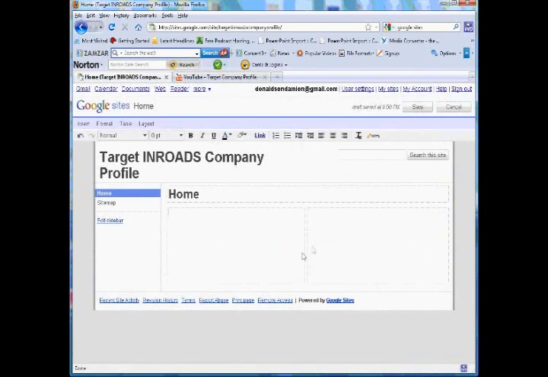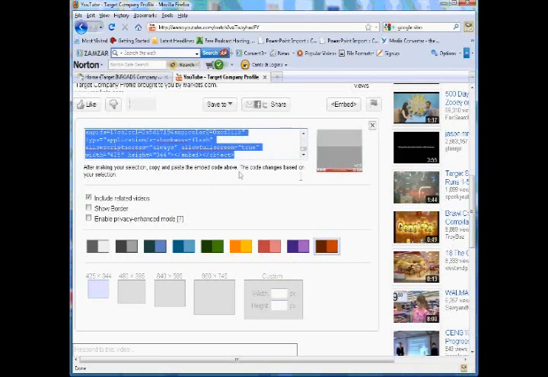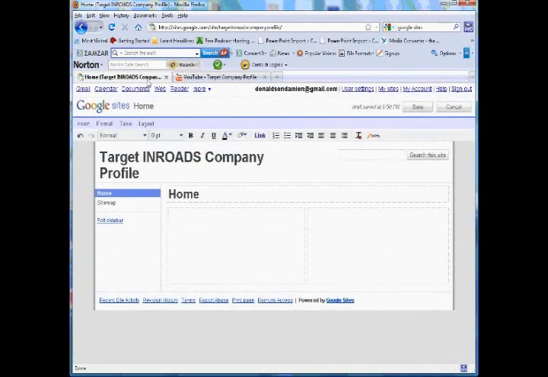When you go back here, these columns aren't necessarily large, so if you pick a smaller one, it'll fit well. So you select the one, you go to the red, you have the color, you verify. Now you just cut, copy, and paste this code into your